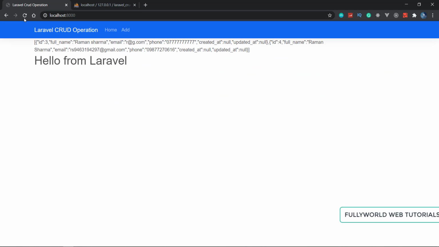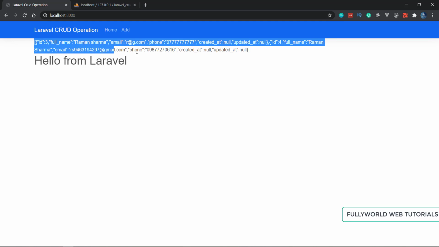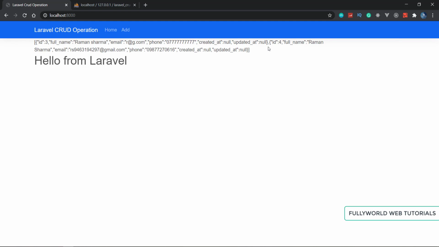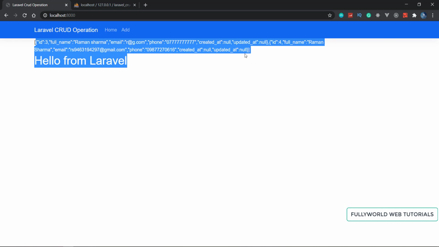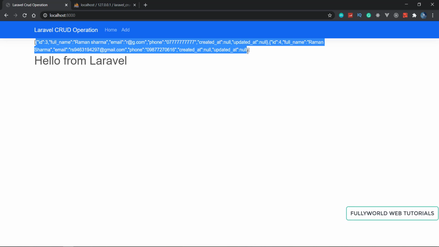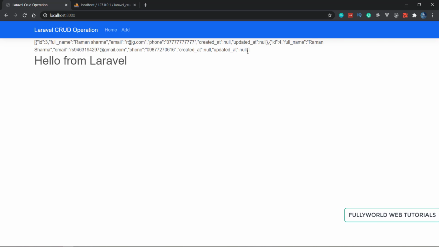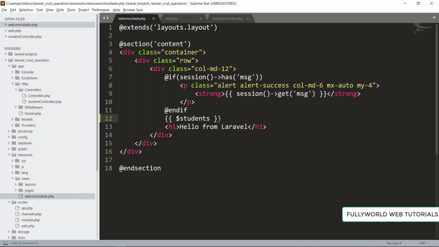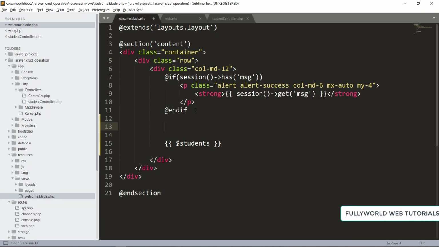Now see that we are getting our array, and this is our data here. We are getting data in our object. So now let's move further, and first of all create our table here. So here I'm going to create one table. That will be our table here,